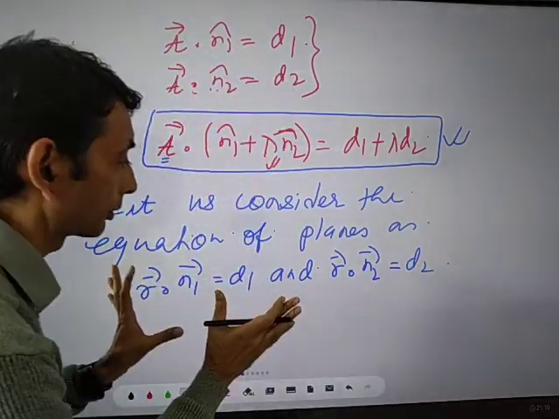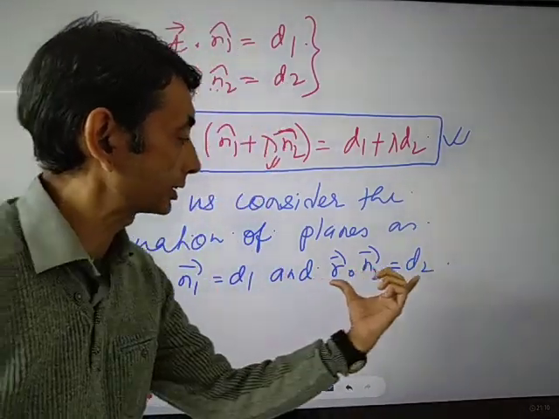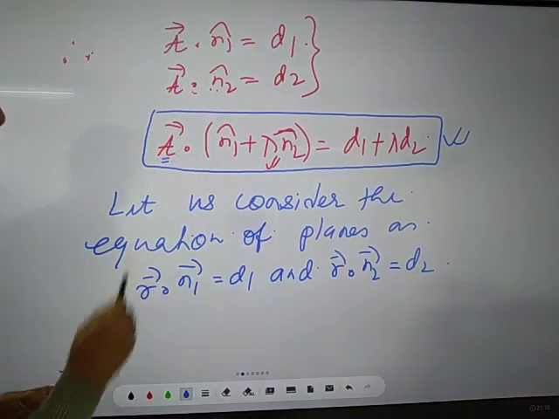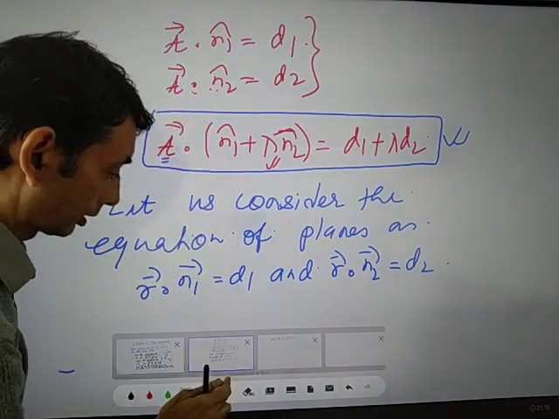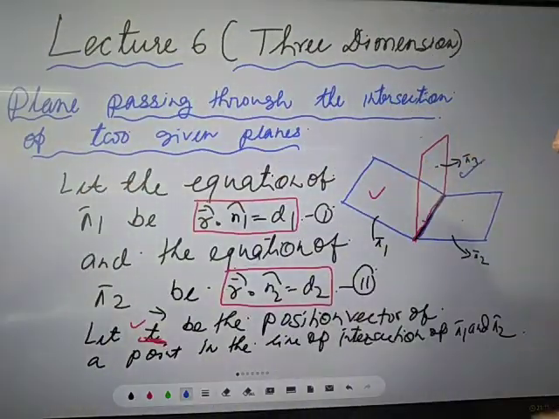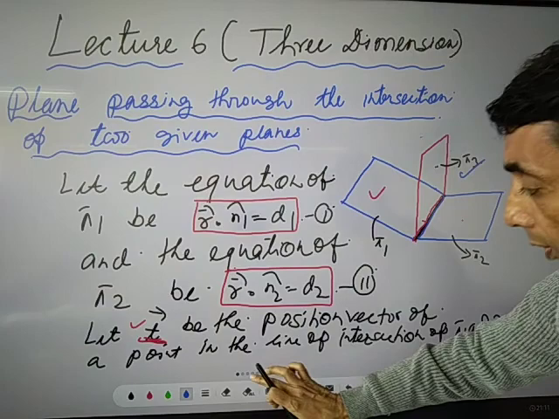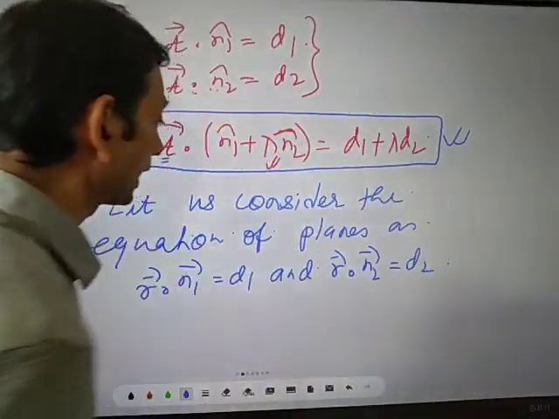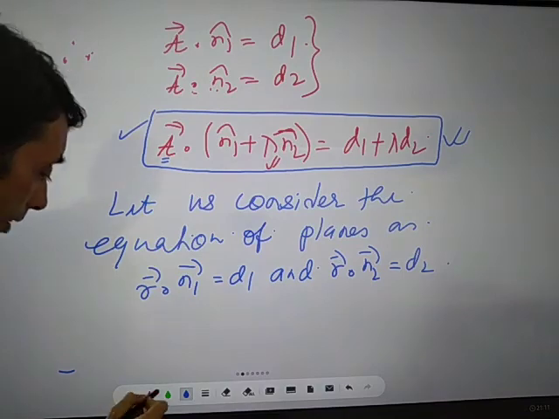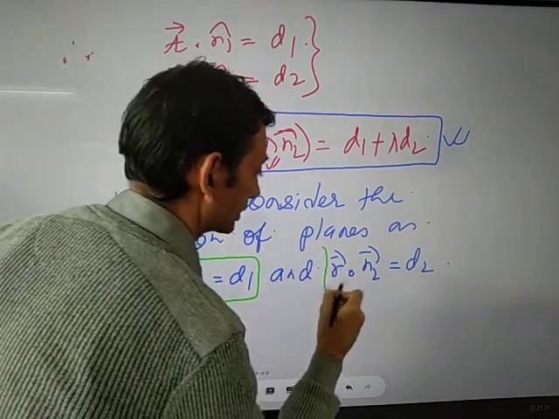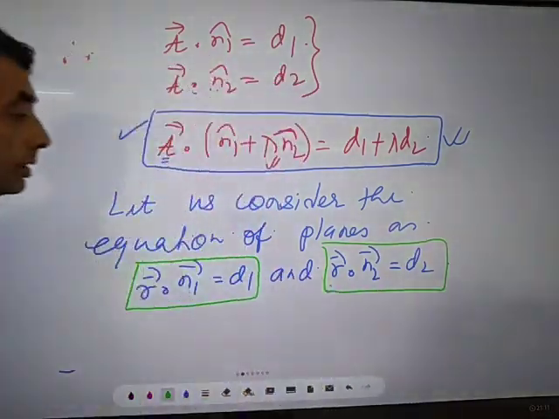Then from these equations, multiplying the second equation by lambda, we can write the equation of the plane which will represent pi3. If we consider the first plane as this and the second plane as this, then